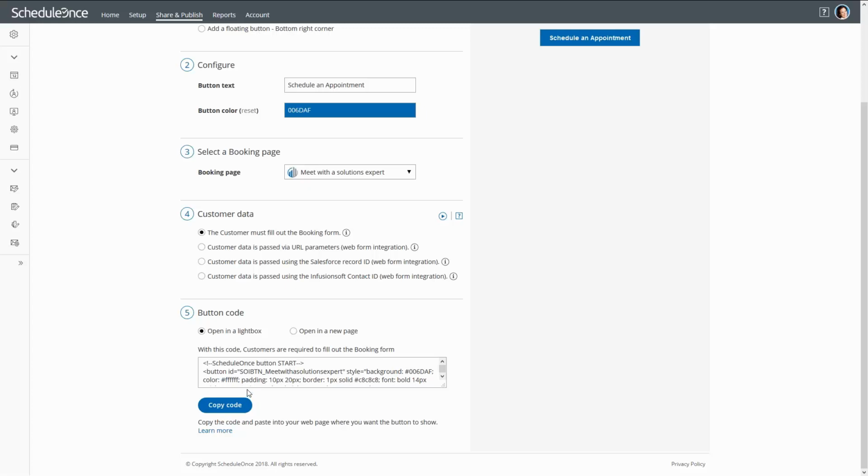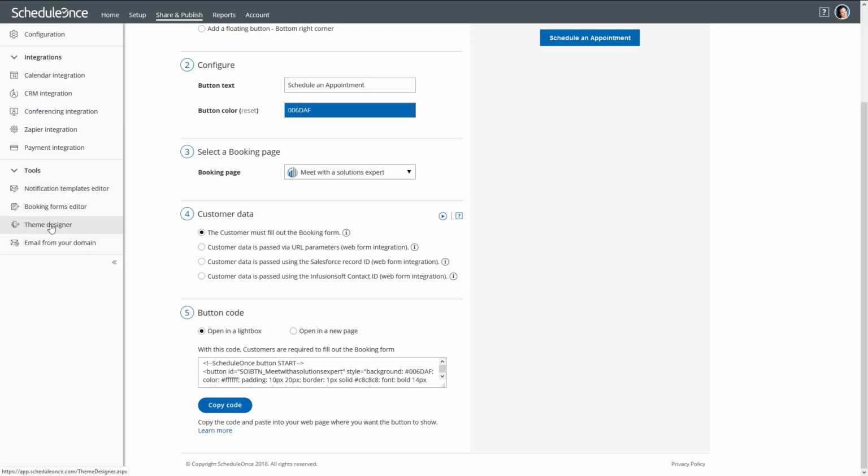So the next question that I received is, how do you design your booking pages with background pictures? Okay, great. So that's a great question. As you saw, all the booking pages that I showed had different background photos, and the way you can do that is by going to our theme designer. So what you would do is go here and click Theme Designer,